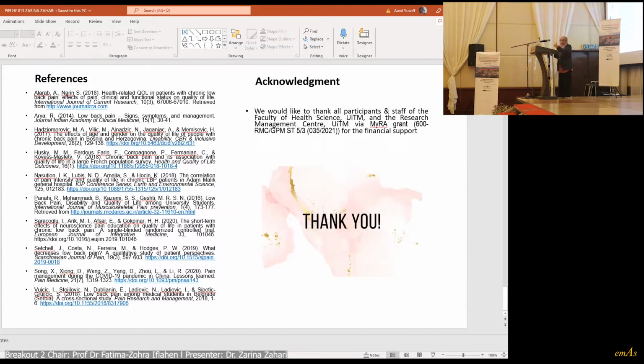For instance, the age. Dr. Chua has presented about the age among the adult, and Dr. Aki-san was talking about the elderly. My previous studies were among the elderly population, and we found there is a high prevalence of low back pain among the elderly people as well. So we need to provide them with specific education, again, on the anatomy or structure, on the causes,